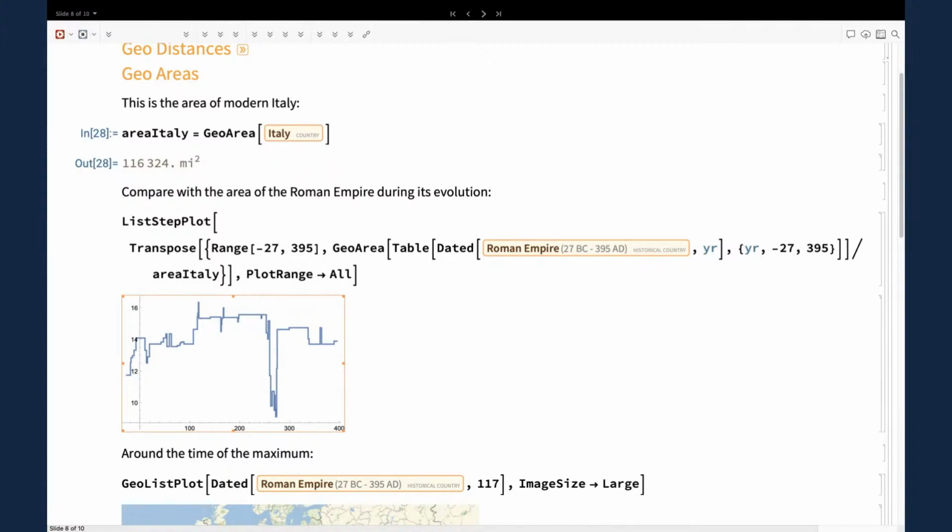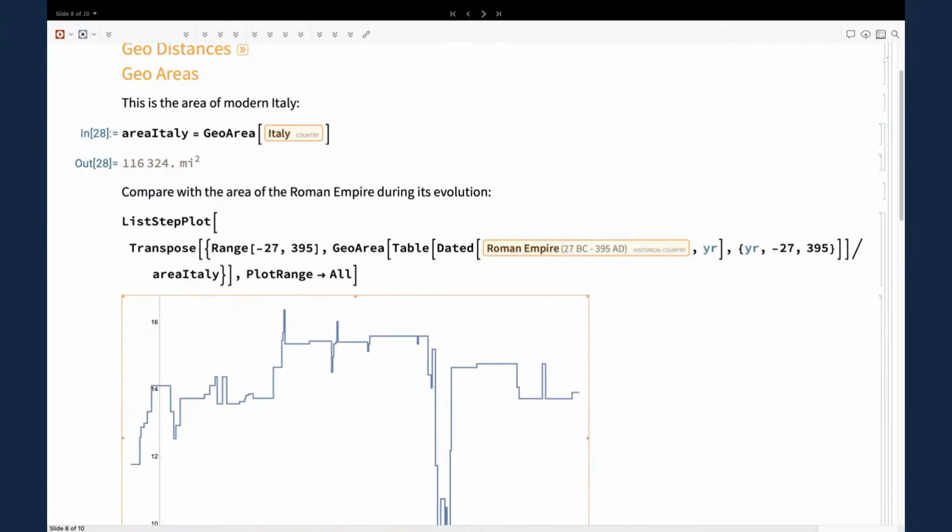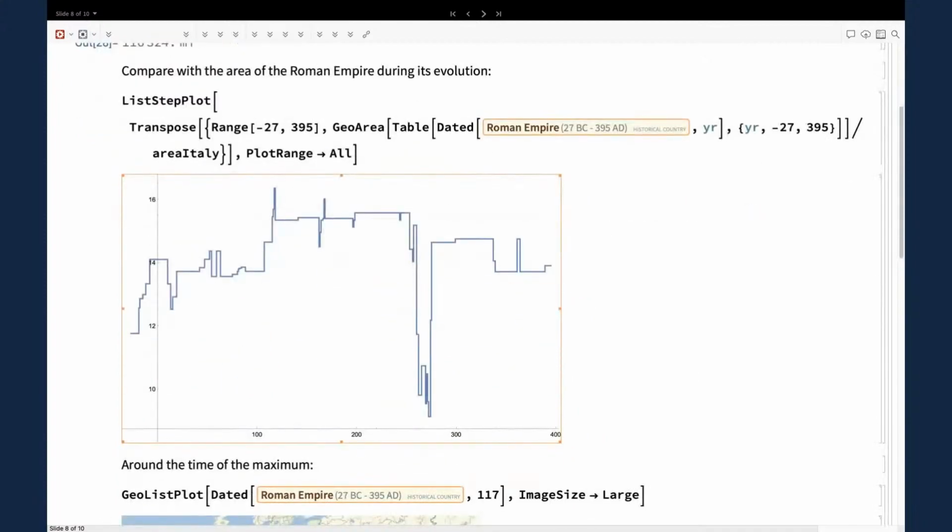And notice that it's divided by Italy, right? So this is a quotient of the area of the Roman Empire divided by the area of Italy. And we see how it started here at the beginning of the Roman Empire, around 12. It grew. This is the peak, the time of Trajan. And then it went down to around 9 during the times of the Gallic Empire, and then it went up